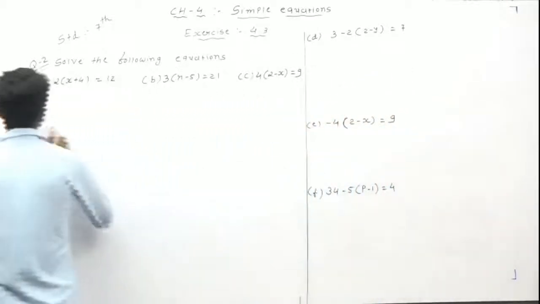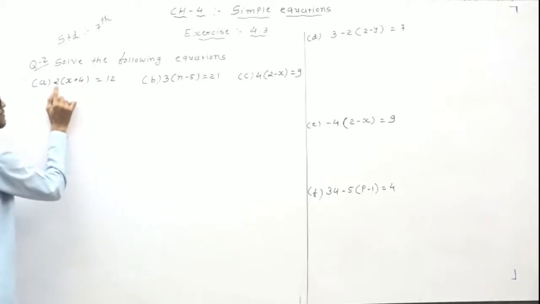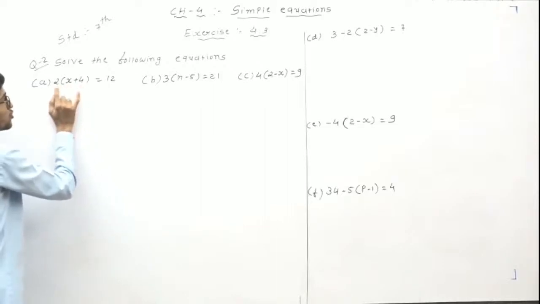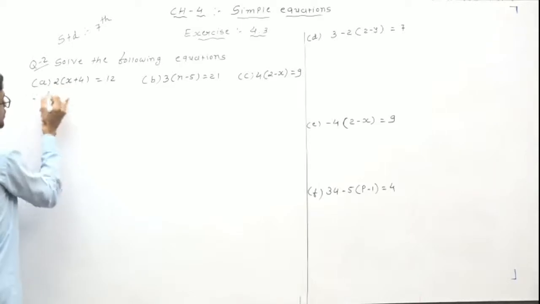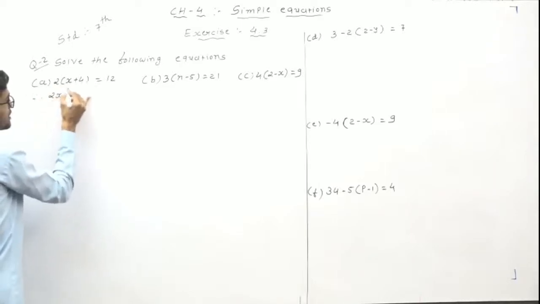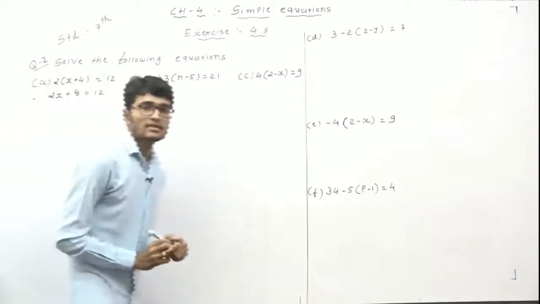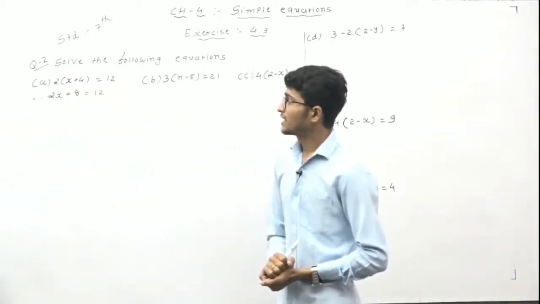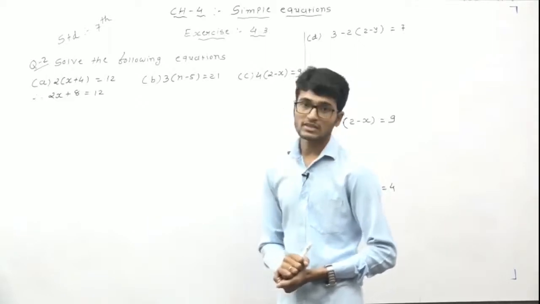See, here is the 2 and x in bracket x plus 4. Here is no sign, it means multiplication sign. The 2 multiplies by these 2 numbers. This means 2 multiply by x and 2 multiply by 4. So 2 multiply by x, this means 2x, 2 multiply by 4, this means 8, and here is 12 as it is. Clear? See, students, remove the bracket and then after the equation is 2x plus 8 is equal to 12. Now this one is the question number 1 type equation.